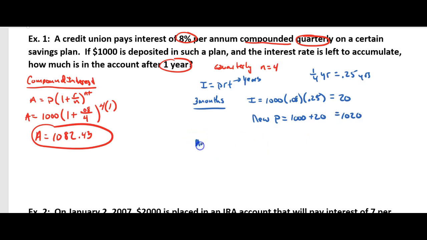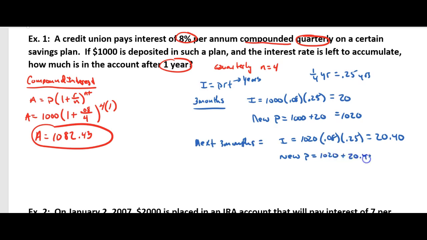Well, now the next 3 months. In the next 3 months, the interest earned is going to be on this new principal, which is now 1,020 times 0.08 times another quarter of a year. And now the interest earned in this period would be $20.40. So my new principal would now be the 1,020 plus $20.40, which gives you